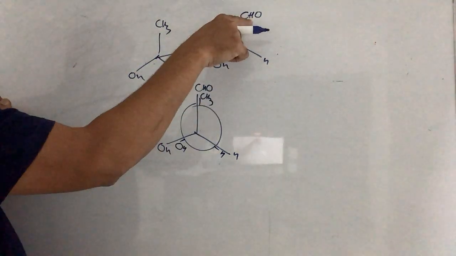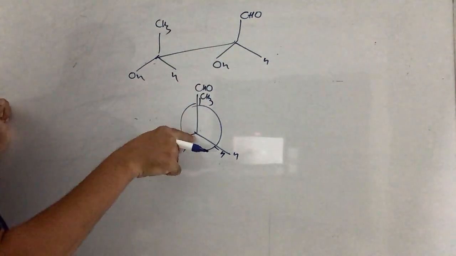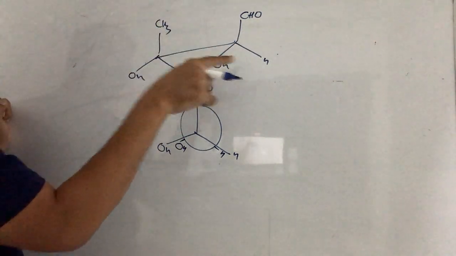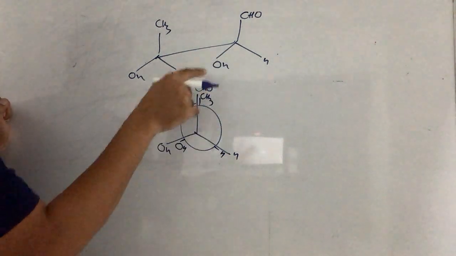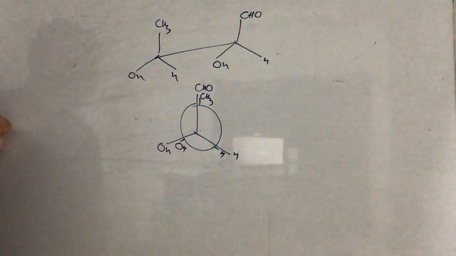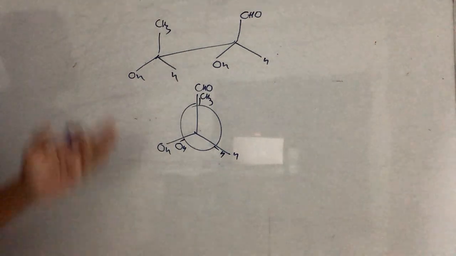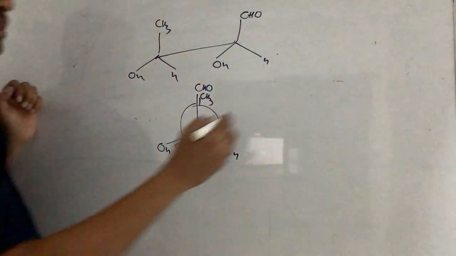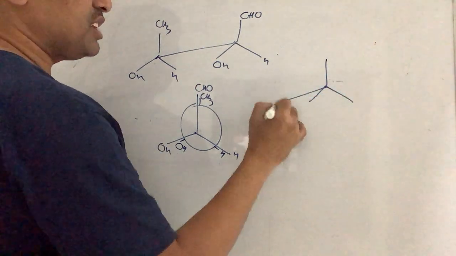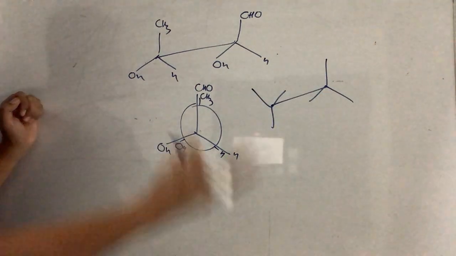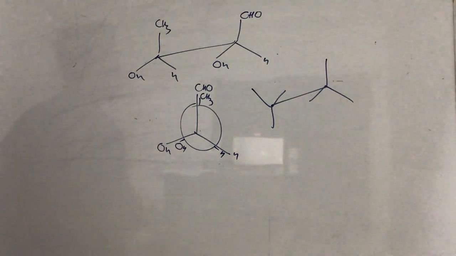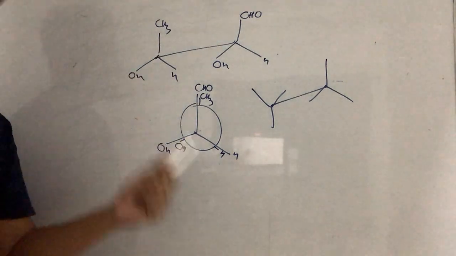Okay, now CHO, this carbon, behind this one more carbon with the methyl. So this you are showing like this. H and H, one behind another, OH and OH, one behind another. It is better to write from the eclipsed only. Okay, now if it is given staggered, if it is not given eclipsed, then convert that into eclipsed first. Rotate by 180 degrees, 60 degrees, you will be getting the eclipsed one. From the eclipsed only you try to write.